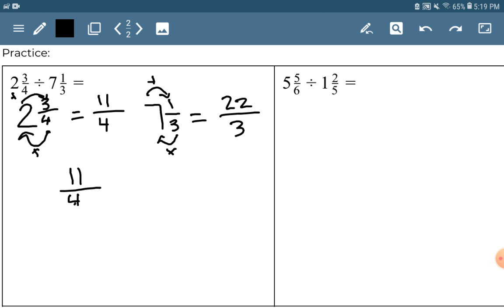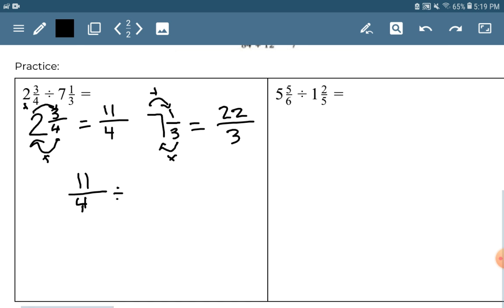I need to keep my order the same. When we are multiplying and dividing, dividing and subtracting, our order matters. Then I am going to write my division symbol, and my second number was 7 1/3. I am rewriting that as the improper fraction,